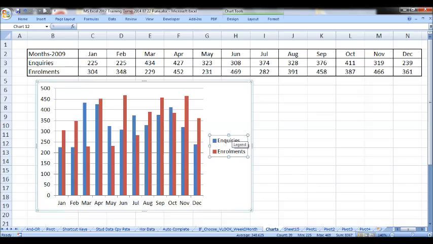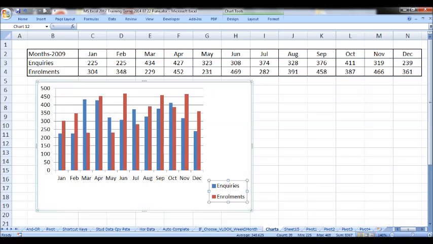So let's go for optimal utilization of our space. Let's bring this legend at the bottom. Inquiries and enrollments are two legends. Bring them at the bottom, rearrange it.